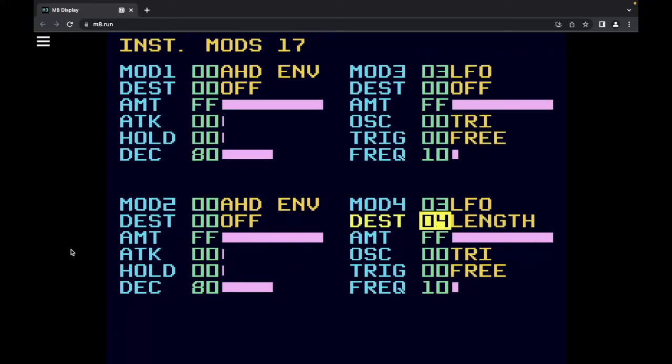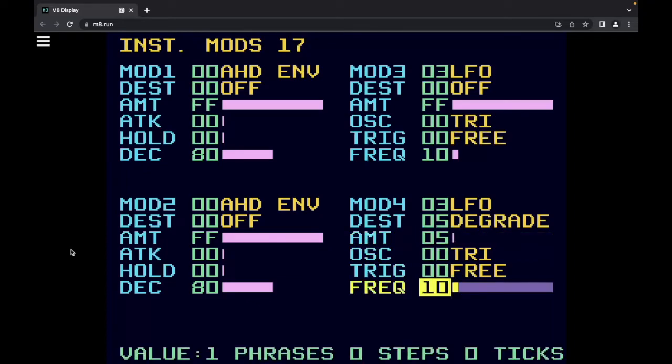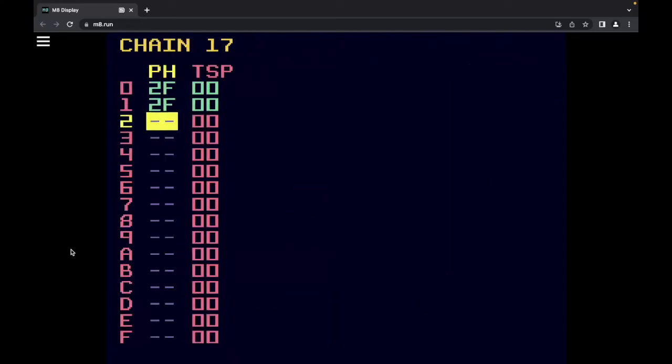Let's go to our LFO. Let's put that to degrade. I don't want it to be too much. Maybe honestly just up to 5. And what if it was on sine? Let's try this. Alright, so this is me just kind of working through this vocal and how it could potentially become something